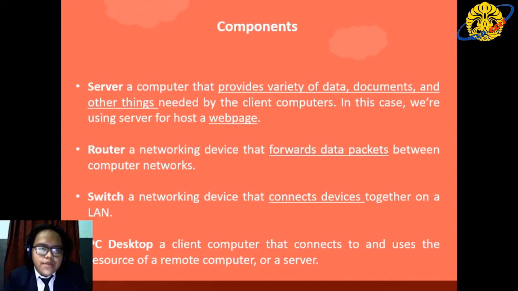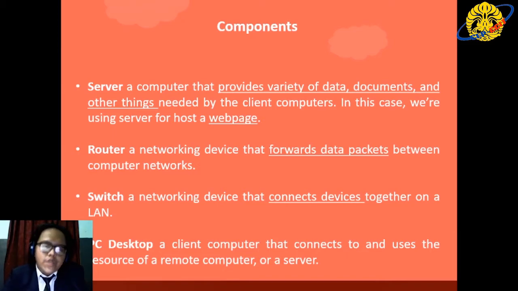Next is a router. A router is a device that forwards data packets between computer networks. A router performs the traffic directing function on the internet. Data sent through the internet, such as a web page or email, is in the form of data packages. A package is typically forwarded from one router to another router through the networks that constitute an internetwork or the internet, until it reaches its destination node.